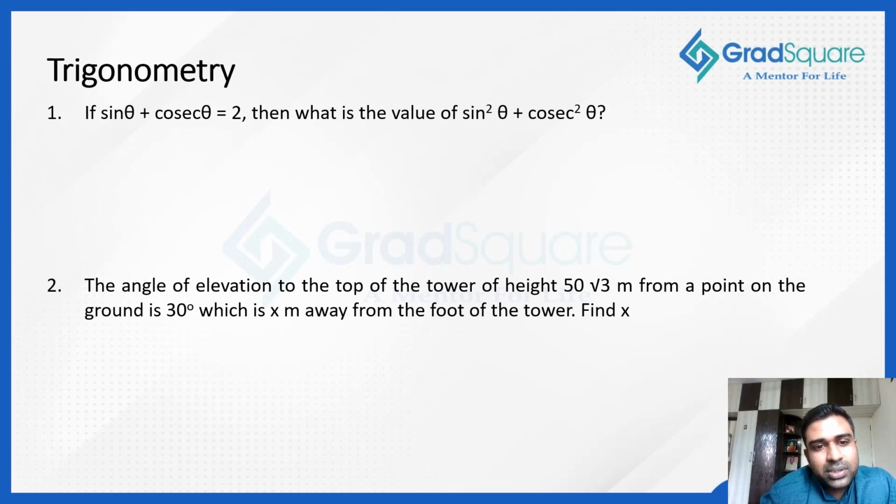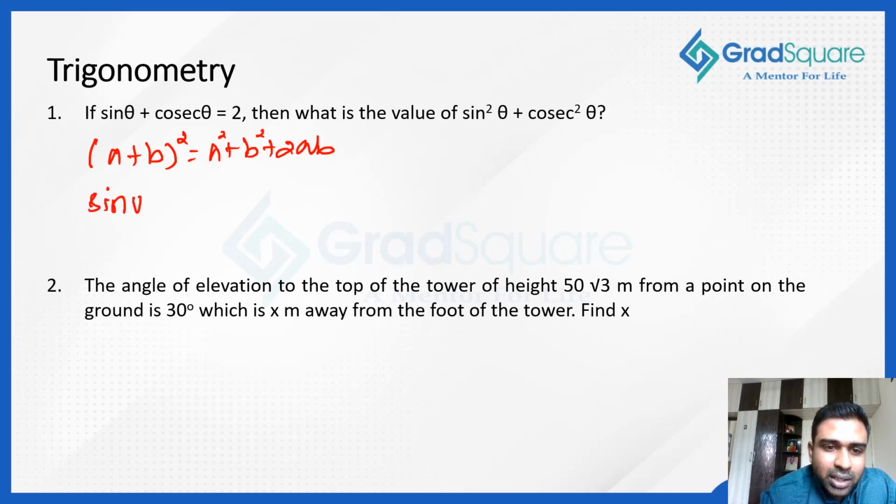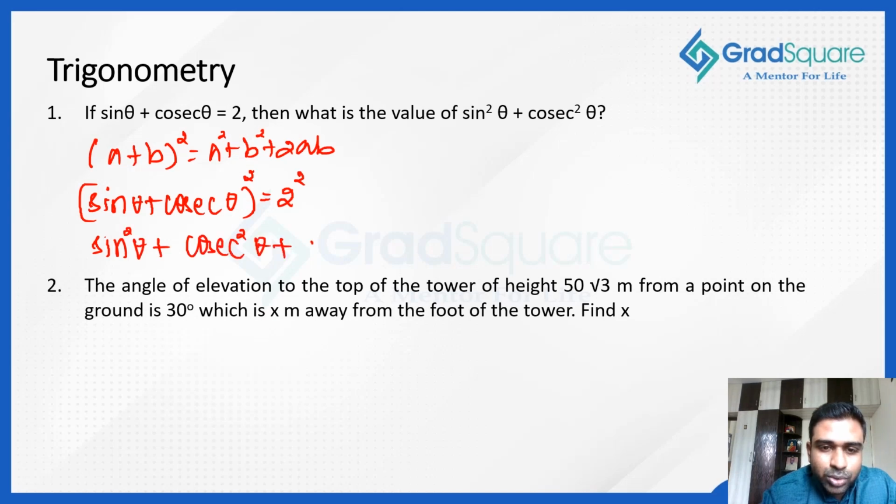Here, sine theta plus cosecant theta is equal to 2. What is the value of sine square theta plus cosecant square theta is the question. I'm going to use the basic algebraic identity (a plus b) the whole square is equal to a square plus b square plus 2ab. So a is sine theta and b is cosecant theta. So squaring on both the sides, I get (sine theta plus cosecant theta) the whole square is equal to 2 square, which is equal to a square sine square theta, b square cosecant square theta plus 2ab, 2 sine